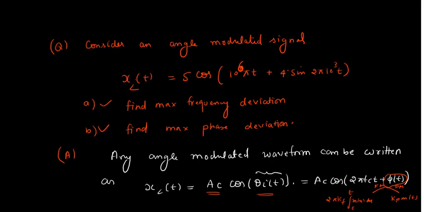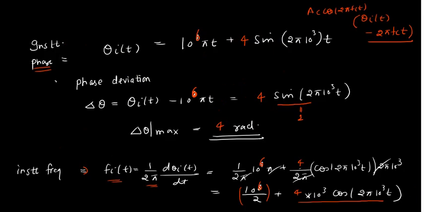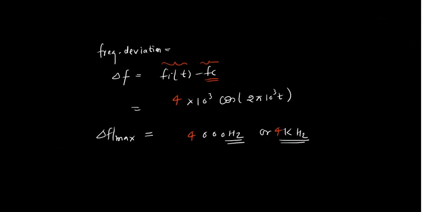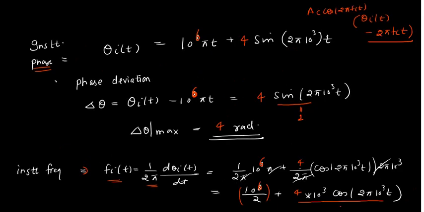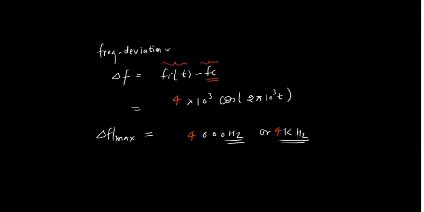And what is the frequency of your carrier? 10 to the power 6 by 2, this one. So we just write this and subtract it, so this value will go away and this quantity will remain. So frequency deviation is this. What would be the maximum frequency deviation? The maximum value of this quantity is 1. So the maximum frequency deviation of your angle modulated waveform will be 4 kilo